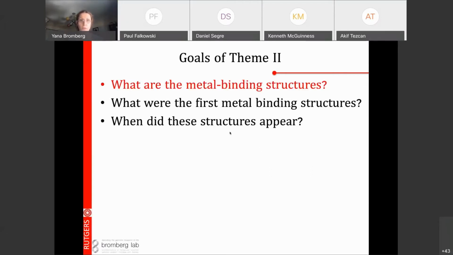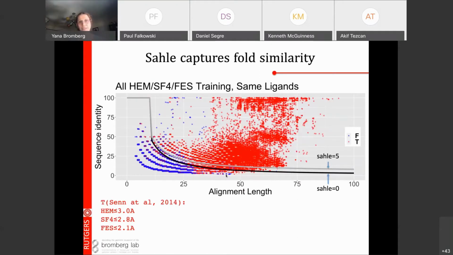So the first question was, what are the metal binding structures? The second one was, what are the first metal binding structures? And the third one, when did these appear? So, sort of reducing this, I'm just going to go through where we are on the individual goals of the theme. So number one, a long time ago, those of you who have actually seen this talk before,